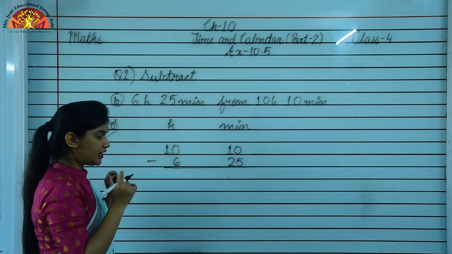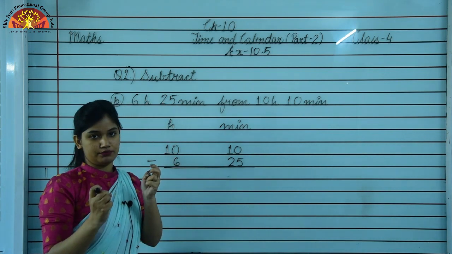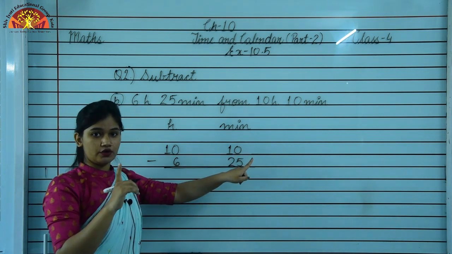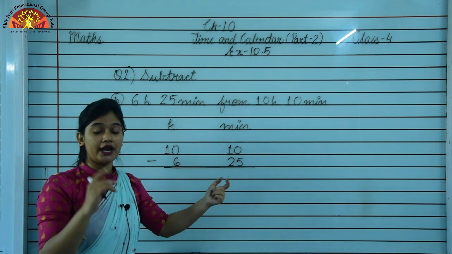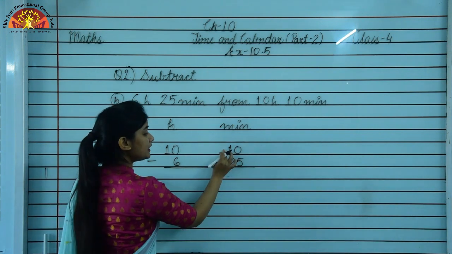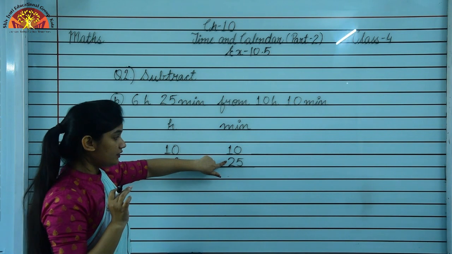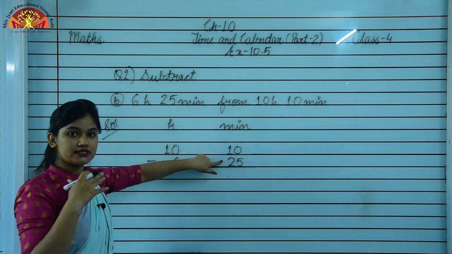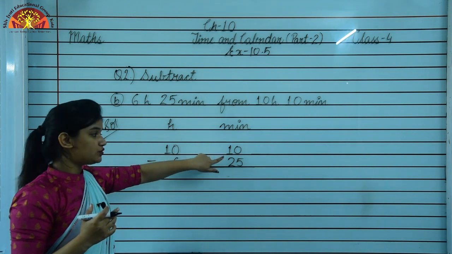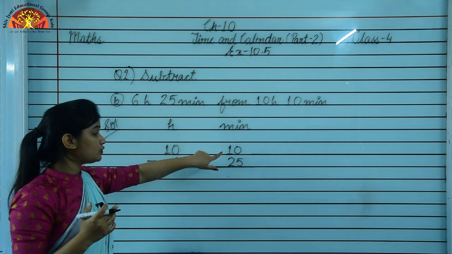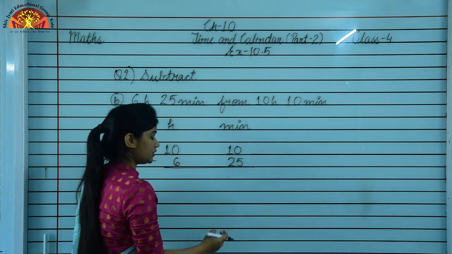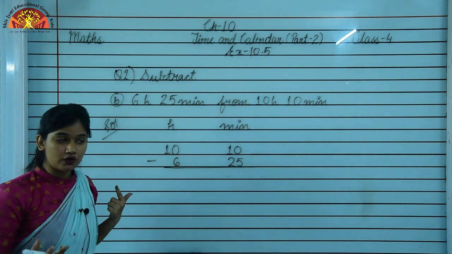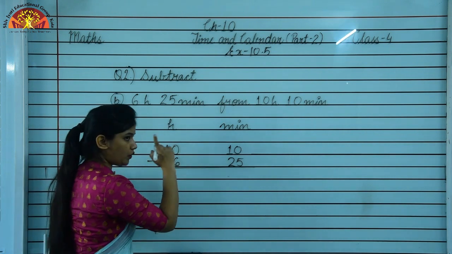So now students, we have to observe the complete number. Simple subtraction जब आप करते हो, आप क्या observe करते हो? You observe only digits. Okay, but in this question you have to subtract the complete number. So we are having 10 minutes and here we are having 25 minutes and 25 minutes are greater than 10 minutes. 25 जो है वो 10 से ज़्यादा है. So this is not possible to subtract 25 minutes from 10 minutes. So what we will do now? Now we have to borrow 1.